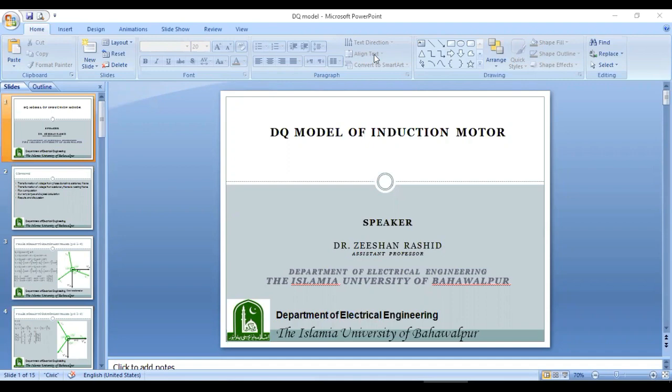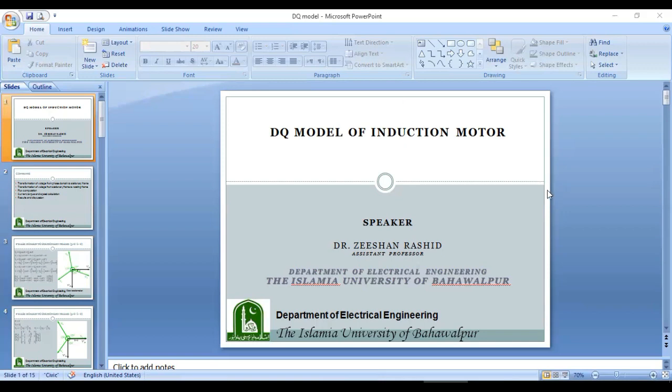In this lecture, I am going to demonstrate the DQ model of an induction motor and its implementation in MATLAB. DQ stands for direct axis and quadrature axis, and in this DQ model, the phase domain quantities, phase A, phase B, and phase C, for example, VA, VB, VC, the three phase quantities are converted to the modal domain. The modal domain is the direct axis and the quadrature axis mode, and these are the two phase quantities. So we will convert the phase domain quantities to two phase modal domain quantities, and these two phase